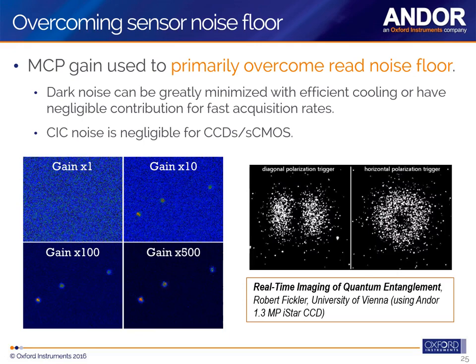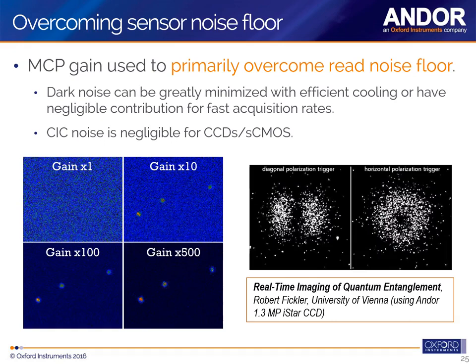As I mentioned, the dark noise can be greatly minimized with good cooling, and or the acquisition rates are so fast that the dark noise, which is time dependent, is not contributing enough to impact the signal to noise ratio or the detection level. CIC noise is also very, very negligible in CCDs and CMOS, and is typically not the bottleneck for any of the detection. So again, you can see the graph here showing the extraction of a signal above the noise floor of a camera,